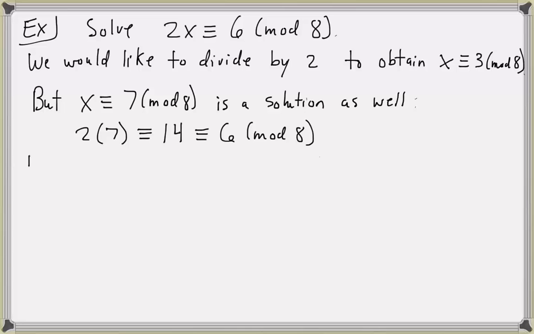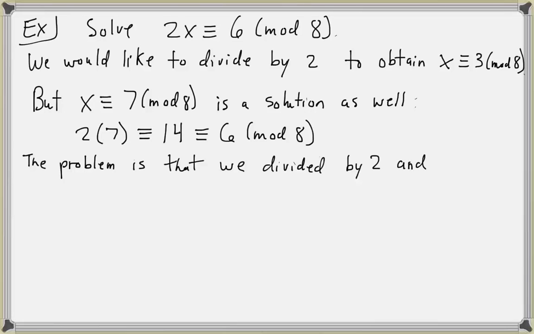So the problem is that we divided by 2, and 2 and 8 are not relatively prime. In other words, the greatest common divisor of 2 and 8 equals 2. So if you divide by a number that's not relatively prime to the modulus, you have to change the modulus. Here's why. If 2x is congruent to 6 mod 8,